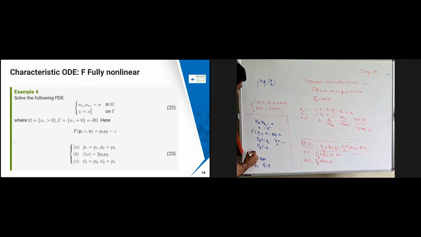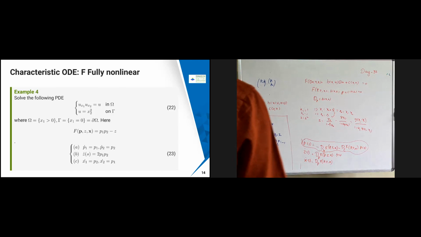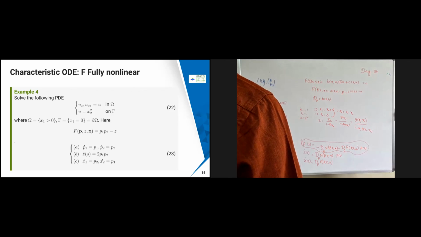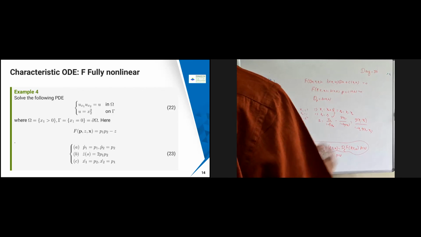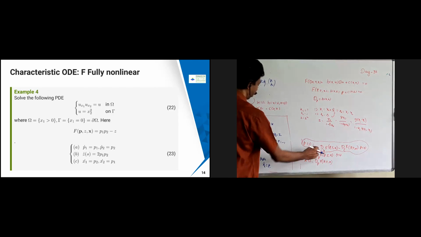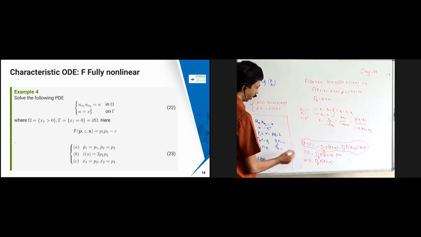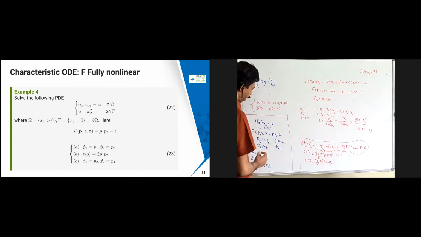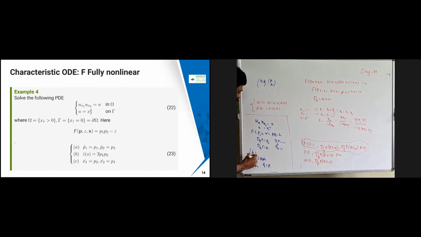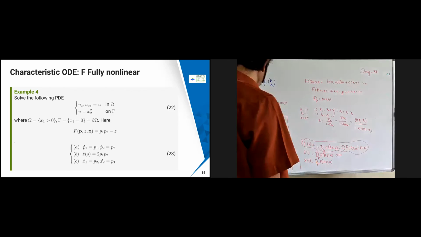Okay. Now we need to find what is our p dot. So p dot is going to become minus D_zF, which is nothing but minus of minus 1, into p of s. So in that case, that is going to be like p1 p2. Yeah, that's all. So this D_x is 0, there is no D_x here. Only this term is there. This is already minus 1, so this is going to be plus p of s. So p dot is going to be p. So I can write p1 dot equal to p1 and p2 dot equal to p2. Okay, so I got totally 2 plus 2 plus 1, 5 systems I got.